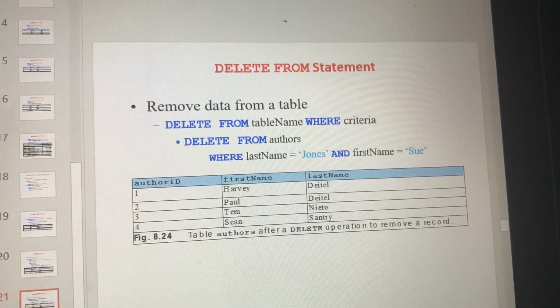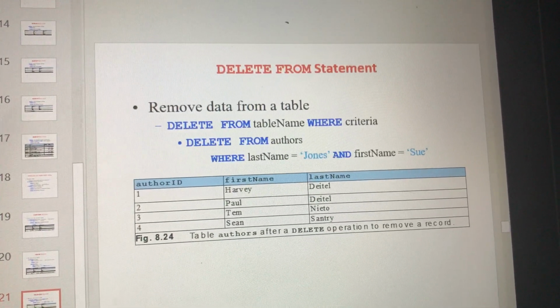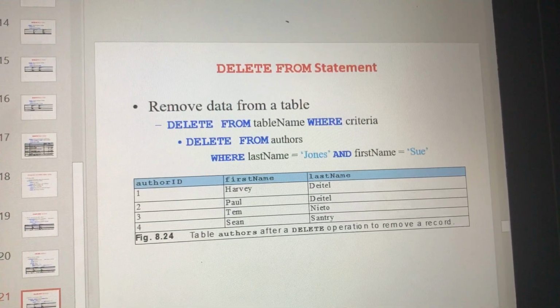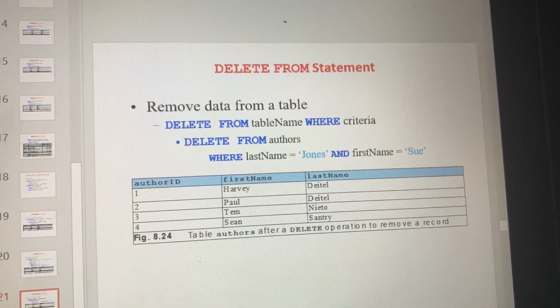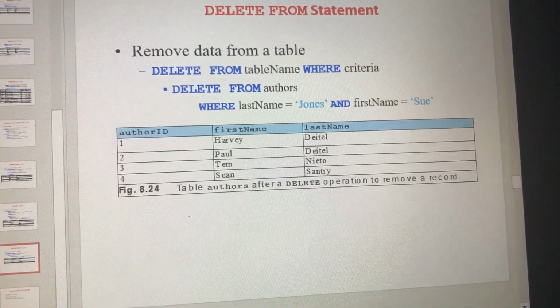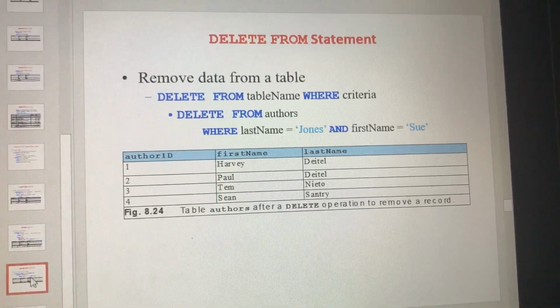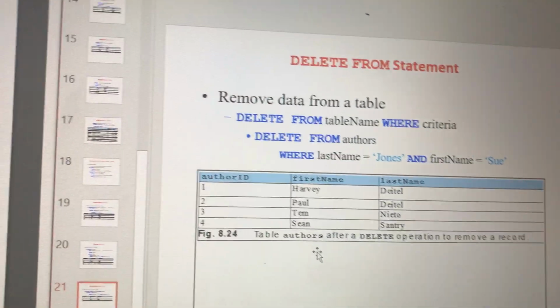If we know the author ID in advance of the delete operation, the WHERE clause can be simplified as follows. The table can be shown like this. So this is about the DELETE FROM statement. And coming to the next topic,